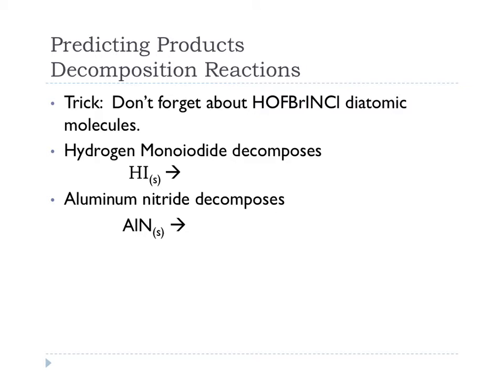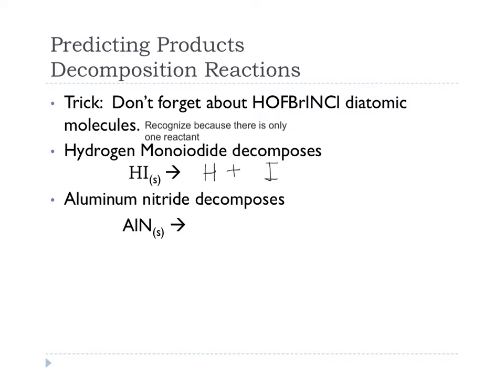The second reaction pattern that we've learned are decomposition reactions. The easiest way to recognize a decomposition reaction just based off of its reactants is that it's going to be a single reactant. This is probably the easiest products to predict. You just take the compound that you're starting with and break it into the usually two elements that it's made up of. So for example, hydrogen iodide is going to decompose into hydrogen and iodine,